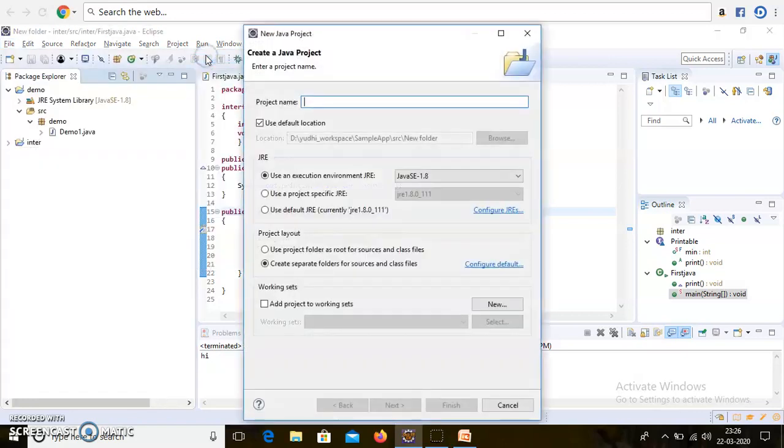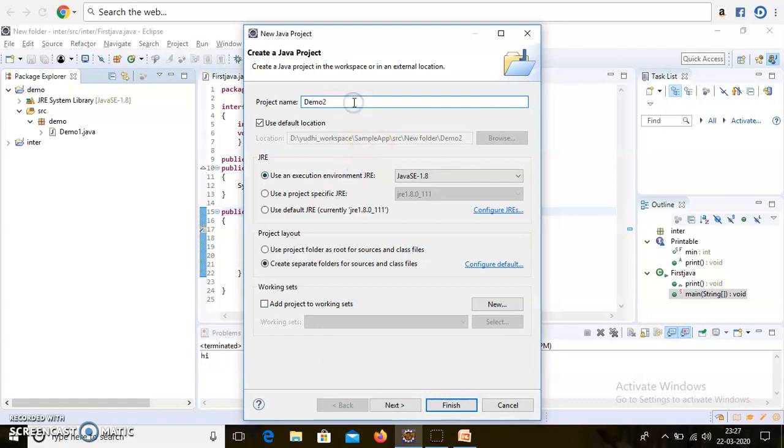After selecting the Java Project option, you have to mention the project name. The project name I am giving is demo2.